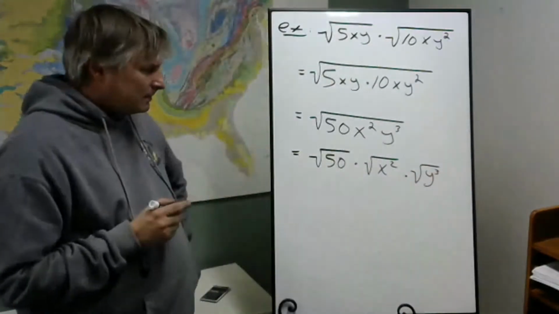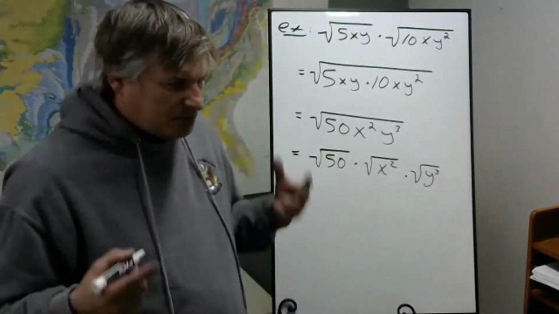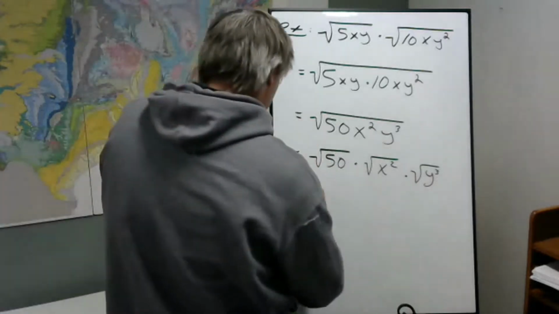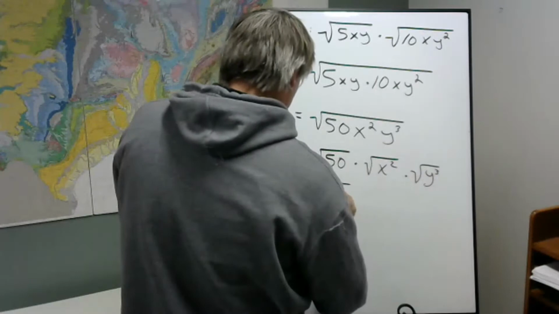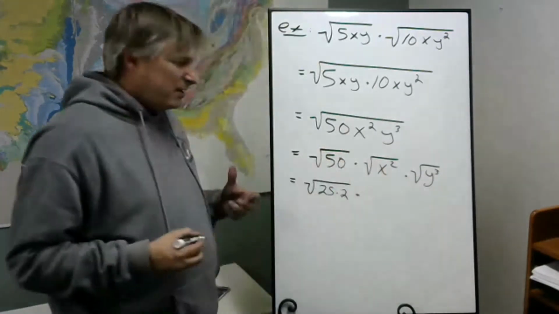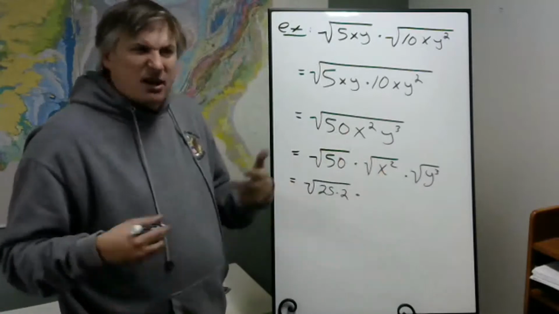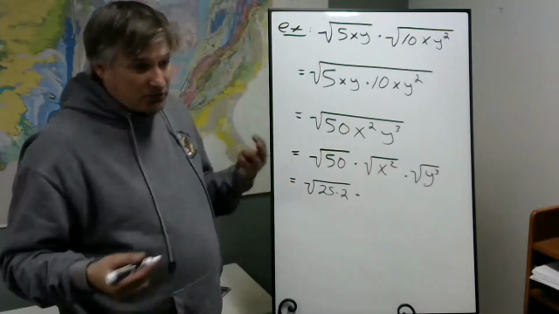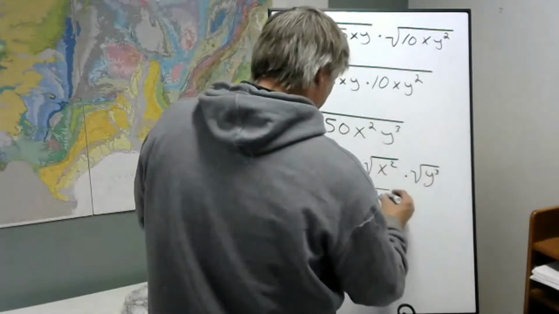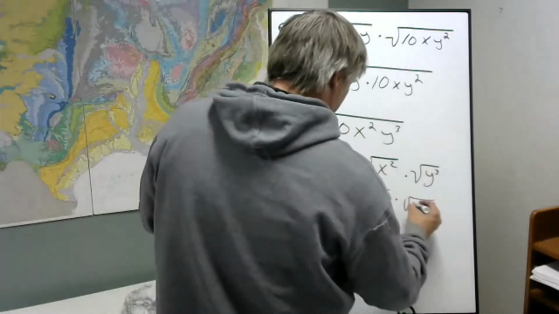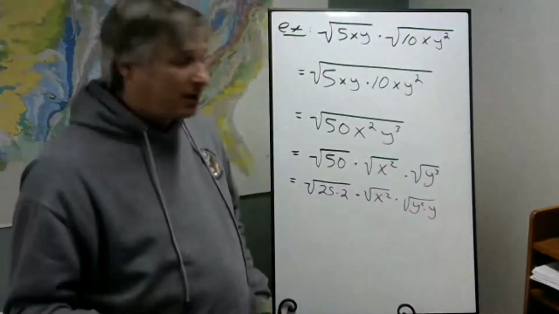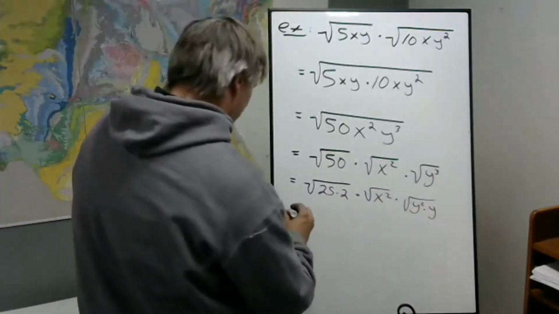Now, this one, can we break it into a number with the square root times another number? And we can. Well, the square root of x squared will just be x. X times x gives you x squared, so square root of x squared will be x. We'll keep that there for now, though. And this one, we can make it into y squared times y. So this will give us